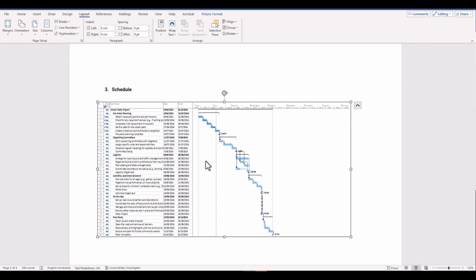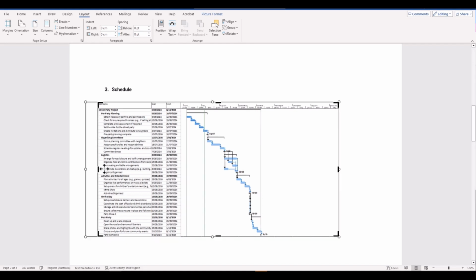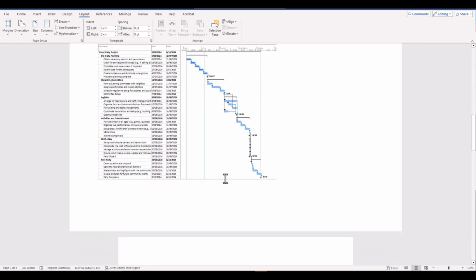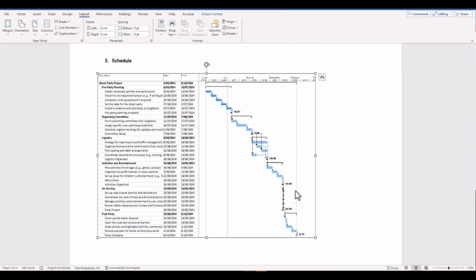Now, there are further improvements that we can make here. For example, we might right click on this document and crop the document and get rid of any unwanted details that aren't entirely essential to our target audience in this project plan. So we might crop the edges a little bit to still retain the essential information, but to remove any unnecessary details. And then we can enlarge this even further. Now we've put ourselves in a position where we can at least enable our target audience to read the tasks in the task schedule there.